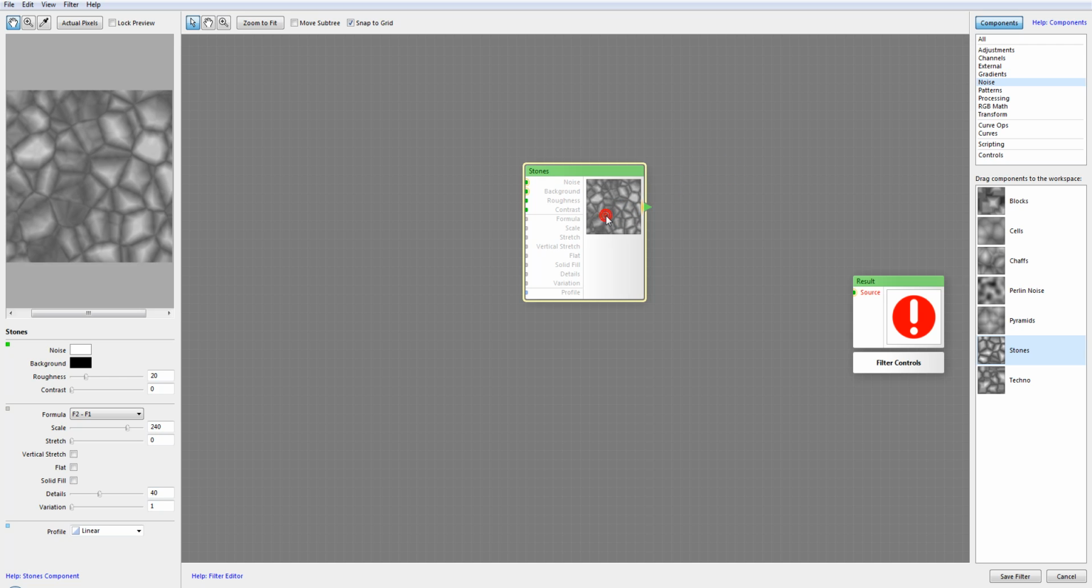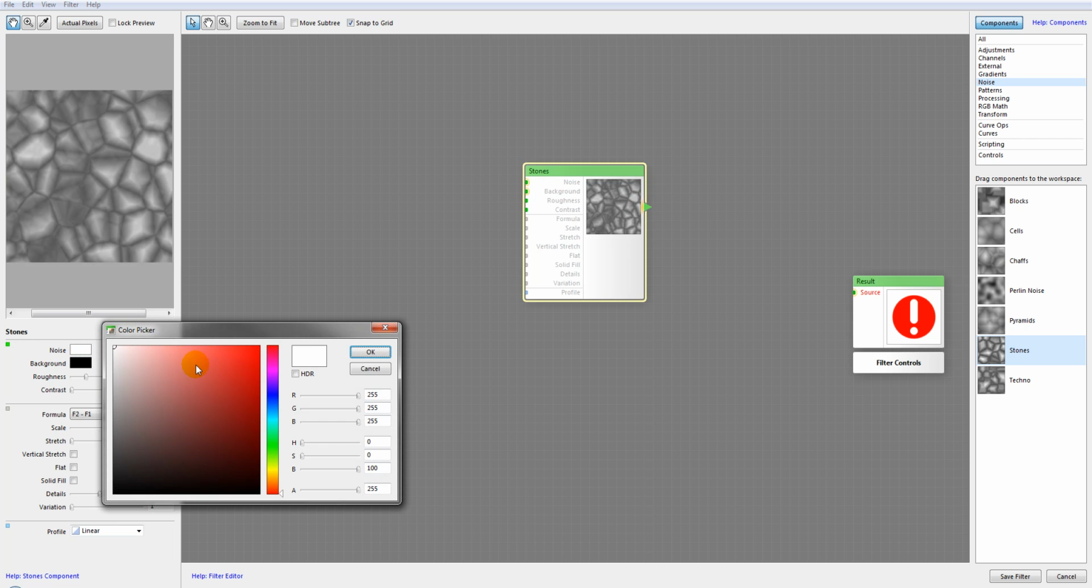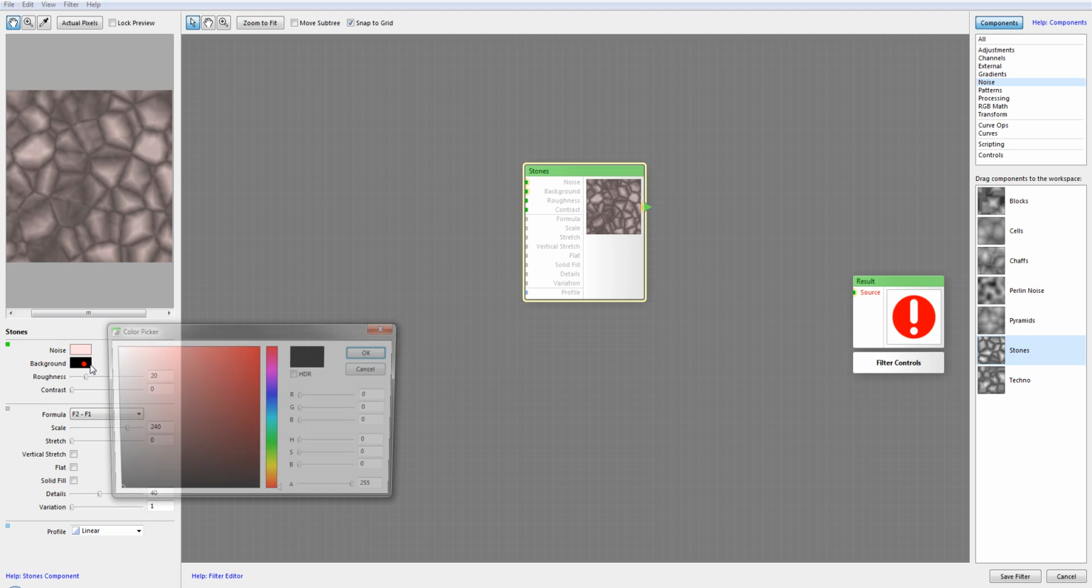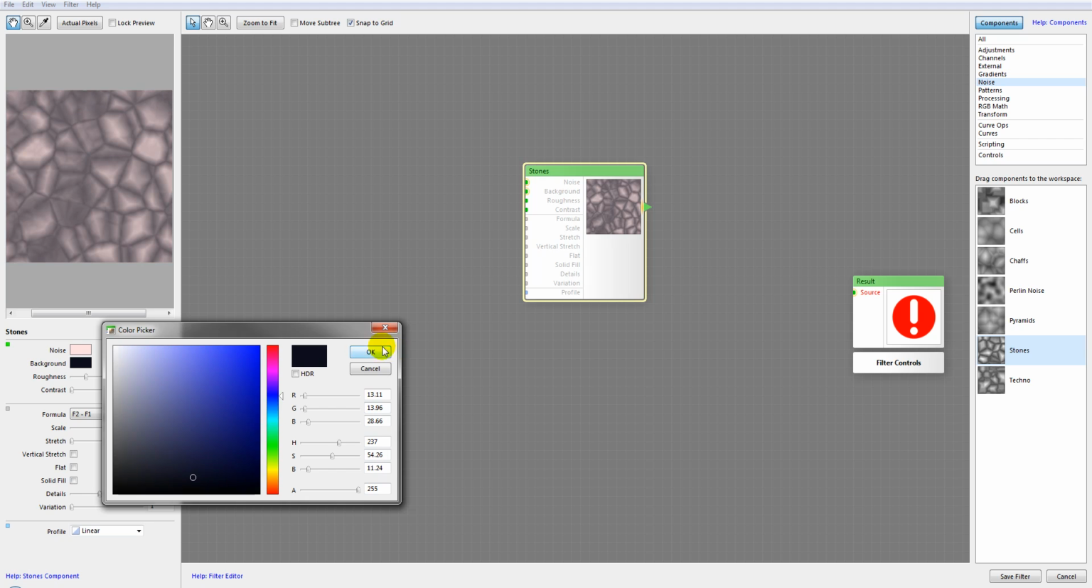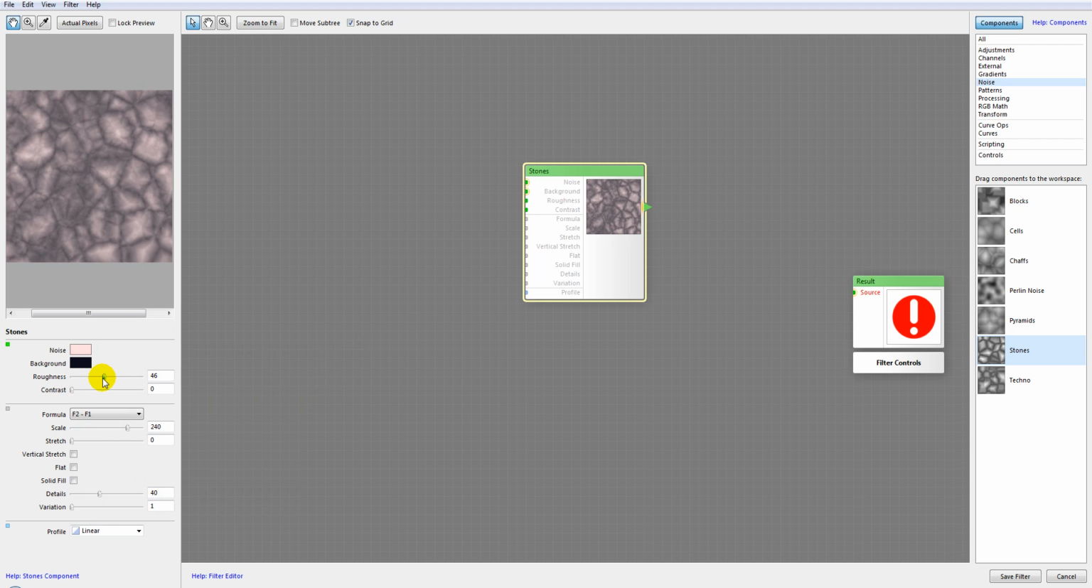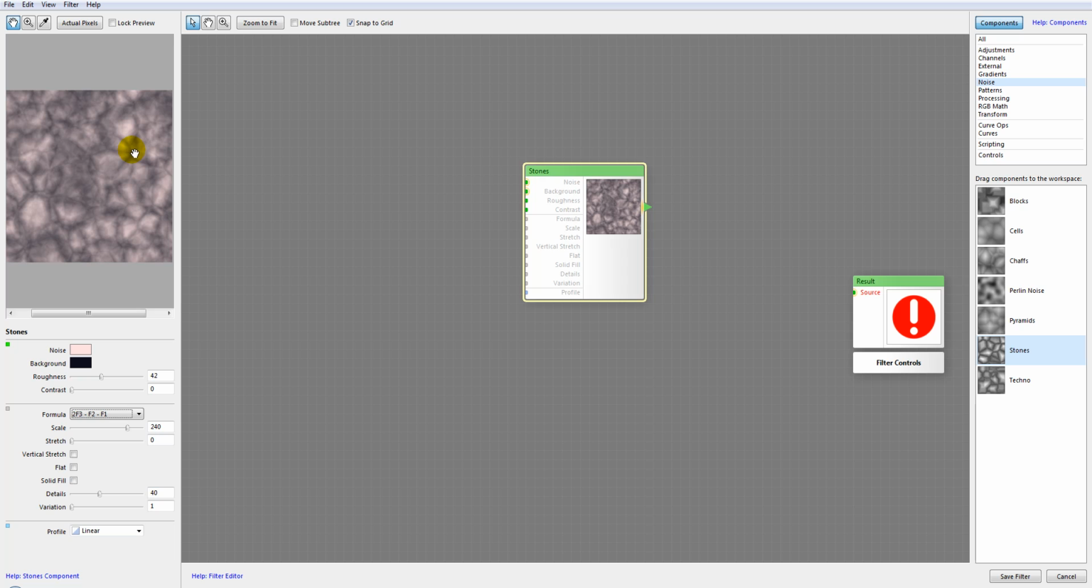You will notice this noise produces a texture that resembles rough gravel or maybe flagstones. It also accepts HDRI for the noise and background color and can produce HDRI output as well. So we have it similar. We can set up a color for our noise and a color for our background. As well, we can increase roughness for our material as well as contrast. It's similar. We have two different types of formulas that we can use to generate the stones, and they're based on the closest neighborhood calculation of the points. Scale,